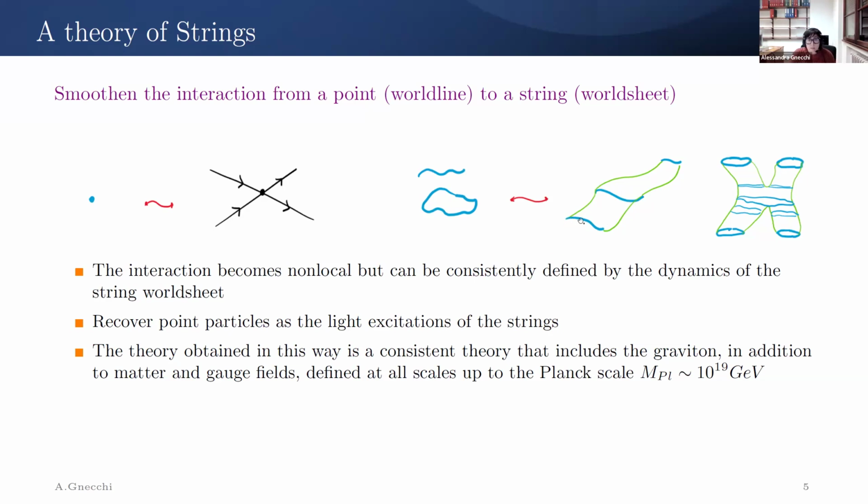The amazing property of this theory of strings is that it is consistent at every energy, including the Planck scale. So we have found a way, by moving from point-particle interactions to string interactions, to take into account some fields that behave as point-particle interactions at low energies. But once we include the full description in terms of strings, it can be consistently extended to a theory up to the Planck scale.